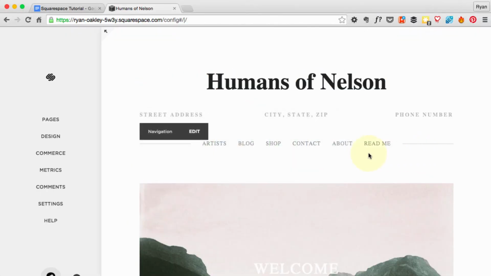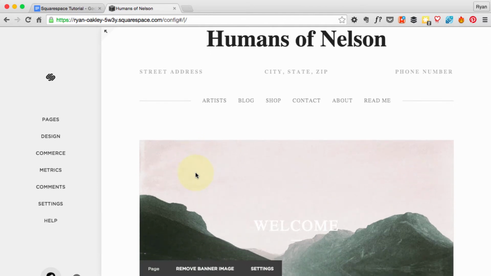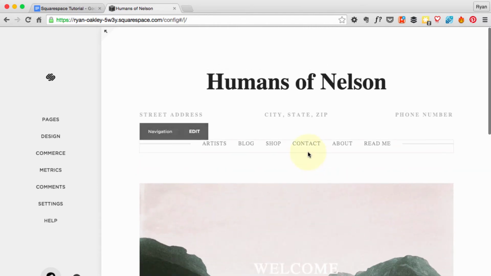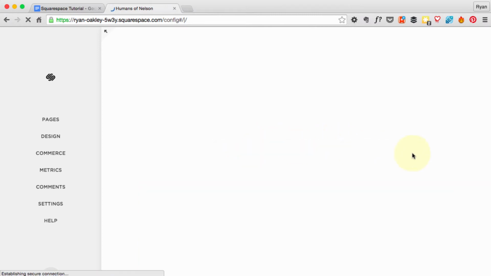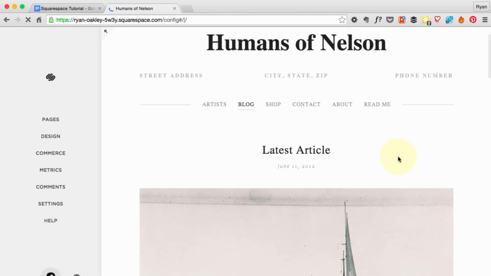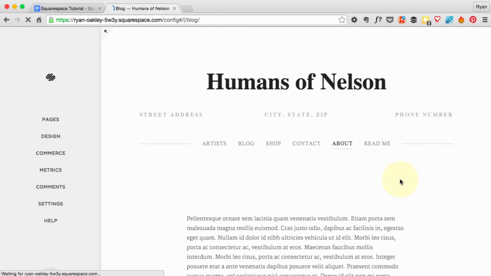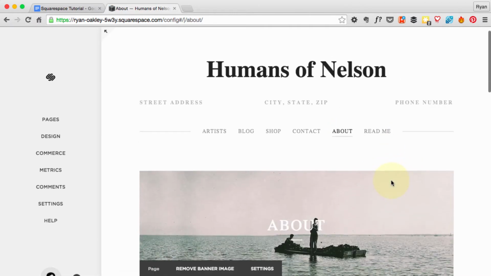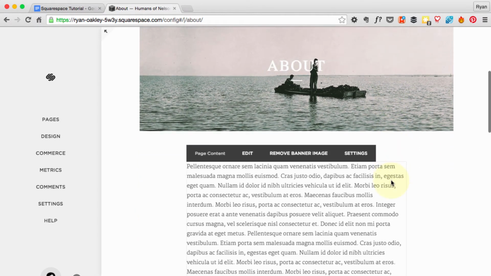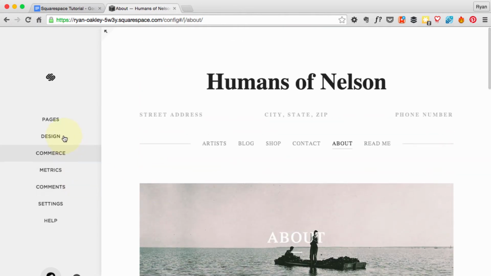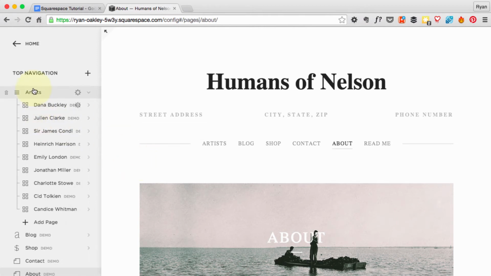Okay, so let's go back to our site. The first thing that we're going to do at this stage is clear out all the default pages that Squarespace has loaded into your site. Every one of these links to something. Click on the blog, you'll end up going to this blog section and an about page. But it's not how I want it. So you could edit all this content, but I prefer to just delete it all and start from scratch. So if I click over to pages,